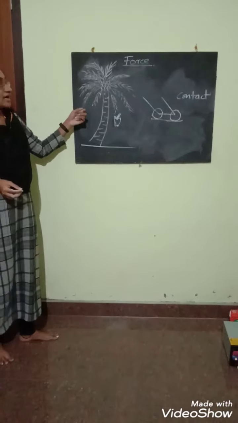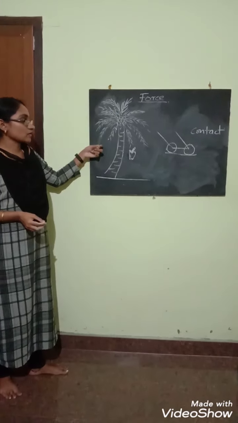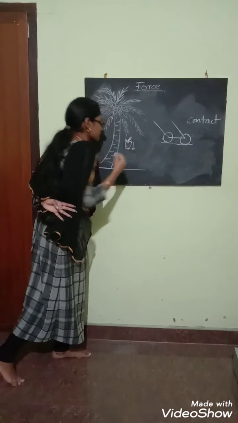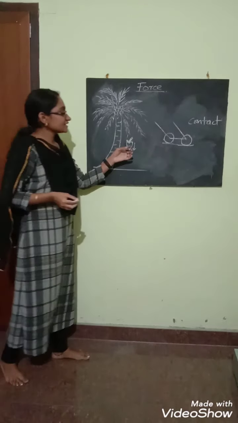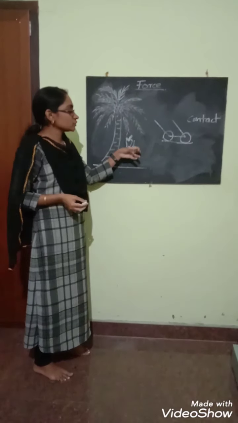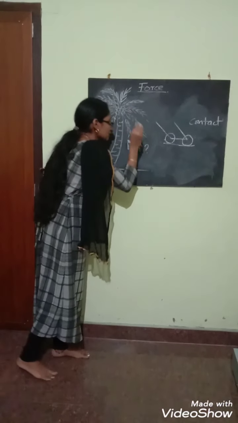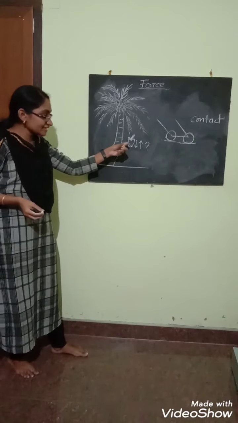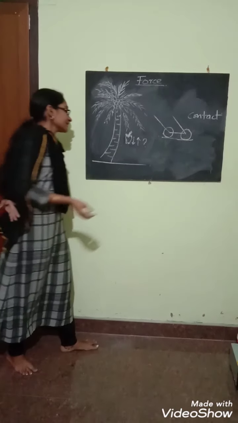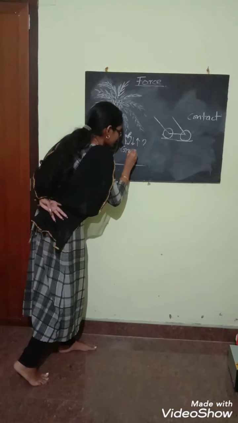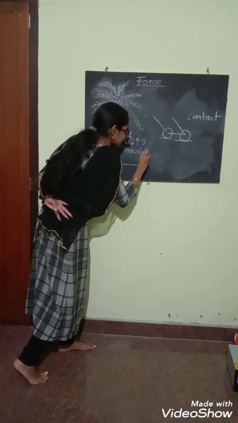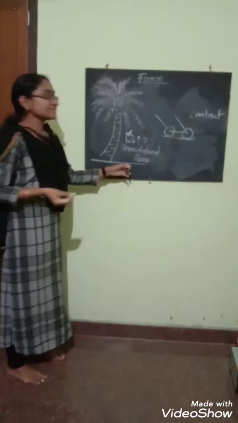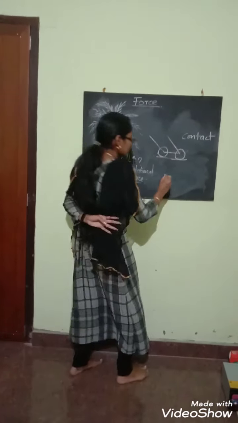Now consider another example. You can see here a coconut tree. Here a coconut is falling down. My question is, why is this coconut coming down without going to the top? What is the reason? Who is pulling this down? The force pulling this coconut is called gravitational force. It is a type of force,